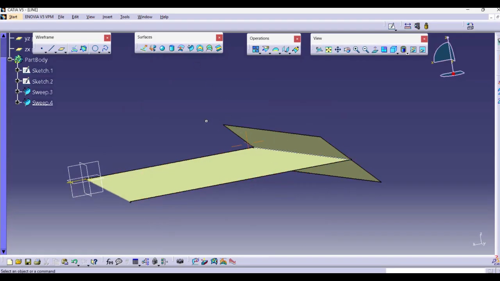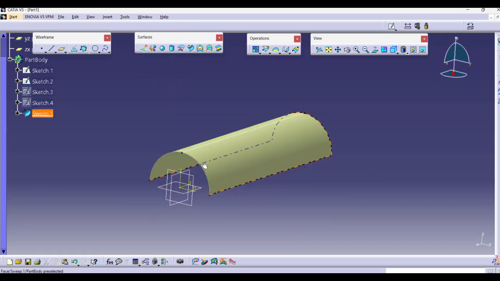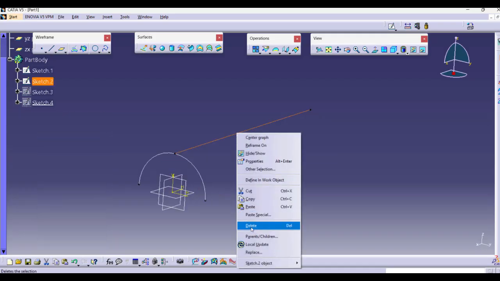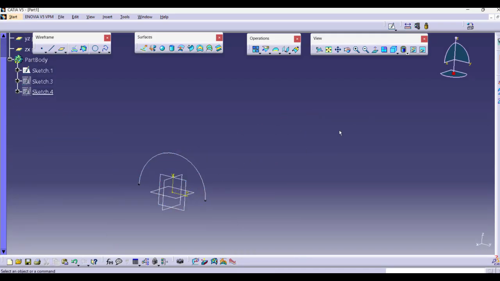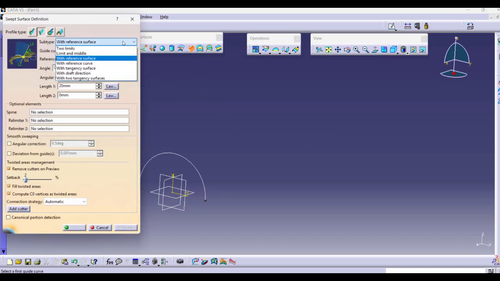Next type we are going to see here. We will go to the previous sketch by this window. We have already made one curve here. I'm going to delete this swept and I'm going to delete this line also. We'll take one plane for the second reference. So in the other category, we'll select this swept command and we'll see the next type after reference surface, which is